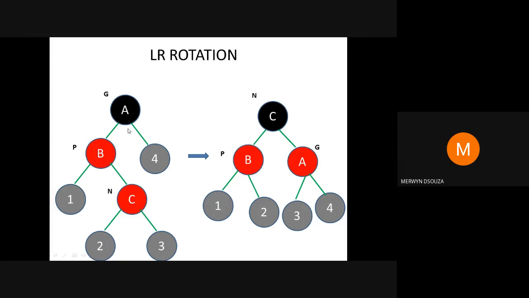If they were having more children nodes, then it would look something like this. Again, do not write down these values. You don't need this. Either take a screenshot or write it down quickly in your books. So this is an example of double rotation. There is LR and there is another rotation known as RL. These both are double rotations.